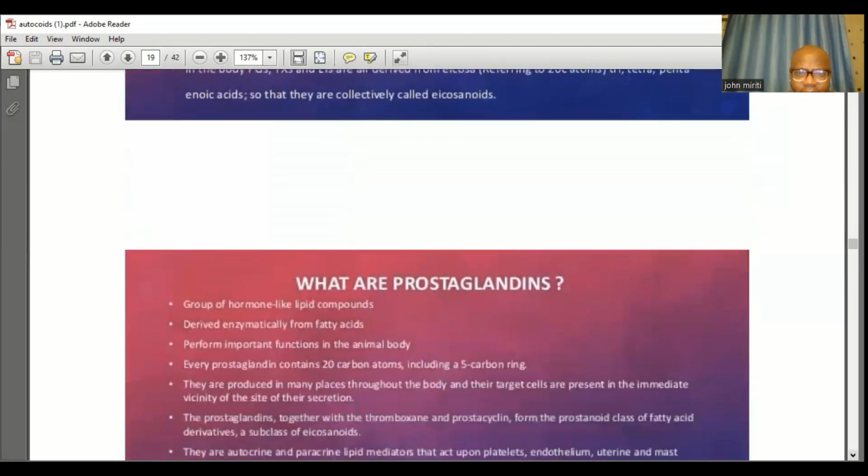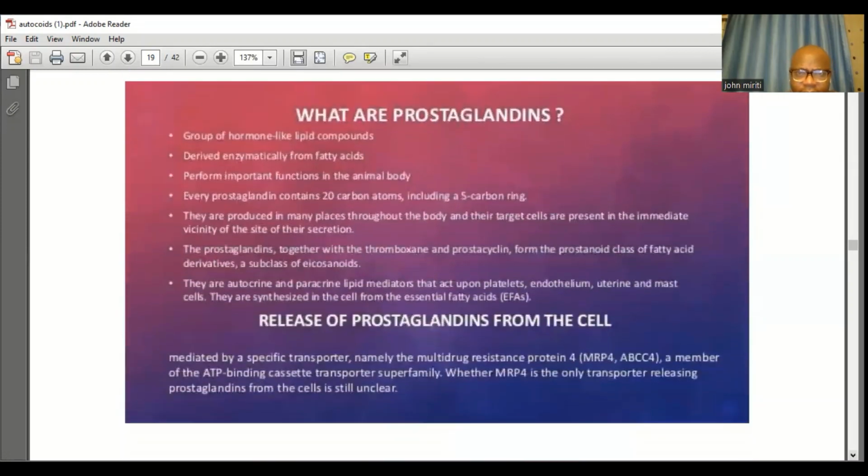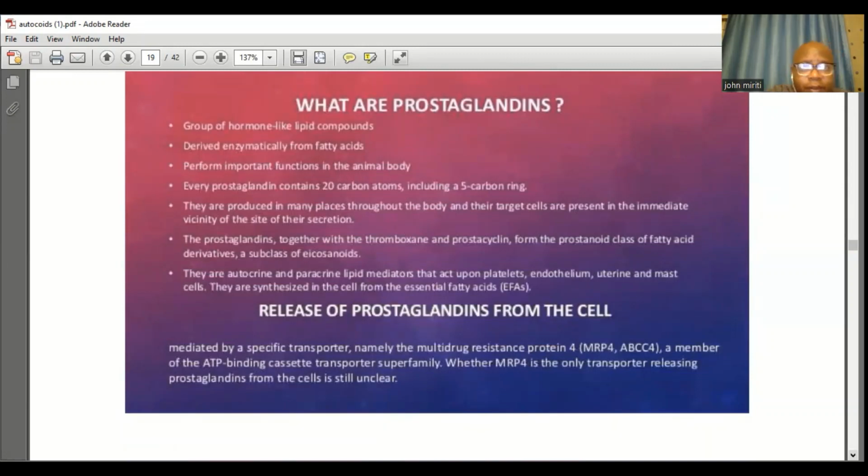So what is the importance of prostaglandins in nature? Prostaglandins are a group of hormone-like compounds. They are derived from fatty acids, and you see how they are produced from arachidonic acid, basically from the cell membrane. They perform various functions in the human body, and they are produced throughout the body, and their target cells are present in the immediate vicinity of the site of action. So they work locally, although they can flow very far in the body. The prostaglandins together with thromboxane and prostacyclin form the prostanoid class of fatty acid derivatives, a class called